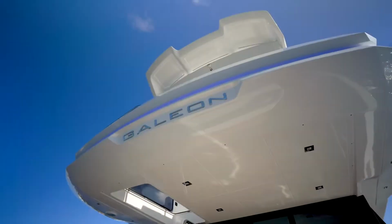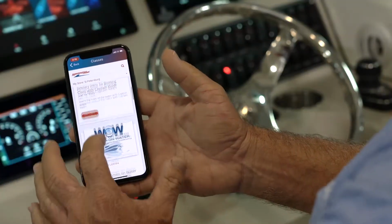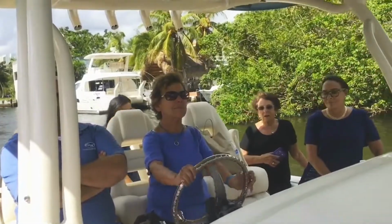Access our full lineup of boats and yachts for sale. You're even going to have access to our upcoming classes, events, and getaways. All this and a whole lot more on the